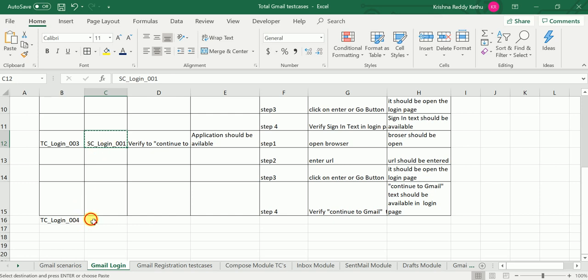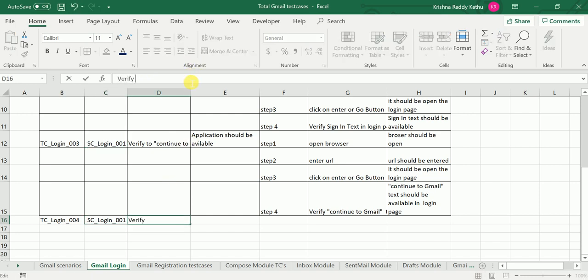For this scenario, login page, all the test cases come under it. I need to verify email or phone field in login page.